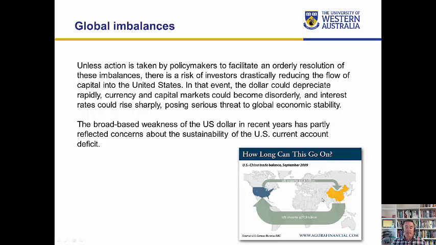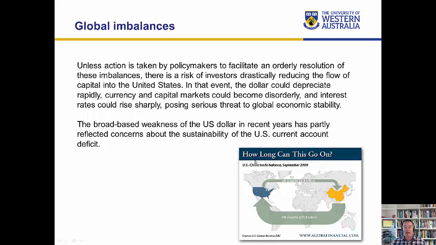Now, that must mean that while America is running a current account deficit, it's running a capital financial account surplus. So that capital financial account surplus means that China is sending a lot of investment money to the US. That money that has been flowing from China to the US, a lot of it has been flowing into America's bond market, typically government bonds, but also, to a lesser extent, corporate bonds as well.